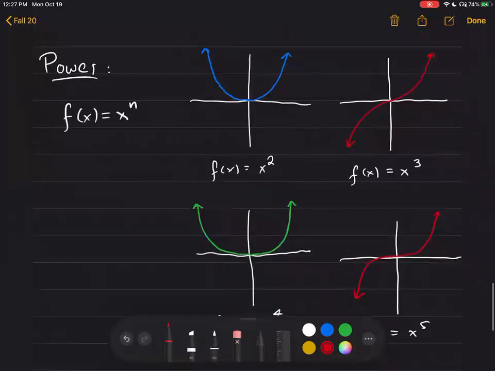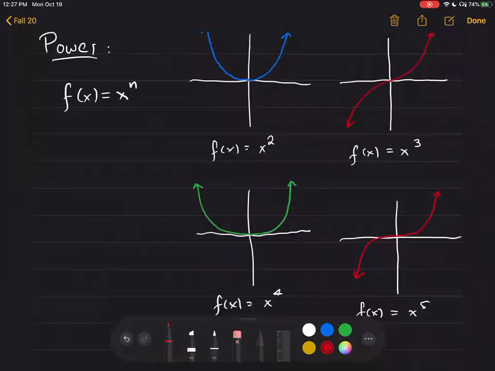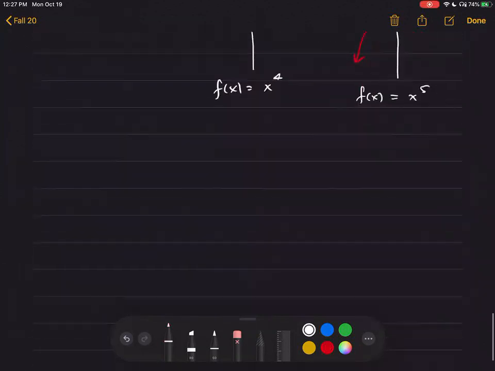So what you'll probably guess from looking at this is that, yes, if we have an even power, the arrows are going to be pointing both up or both down, depending on the coefficient in front. And if it's an odd power, the two arrows are going to be pointing in opposite directions on the graph. Cool. So those are power functions. Let's look at